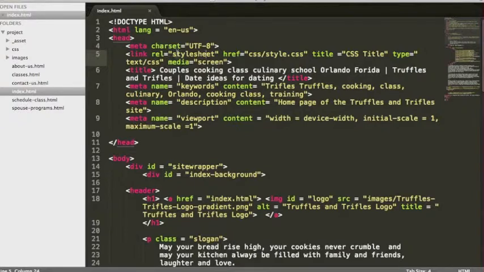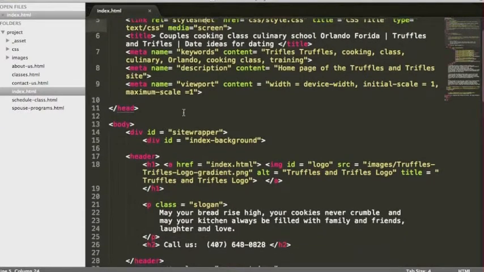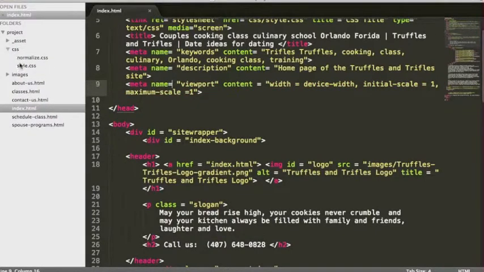Now, here in the code, you'll see this viewport. Now, this is required for making the site responsive. Now, once we get into the CSS, which I will show you now, first of all, we have something called